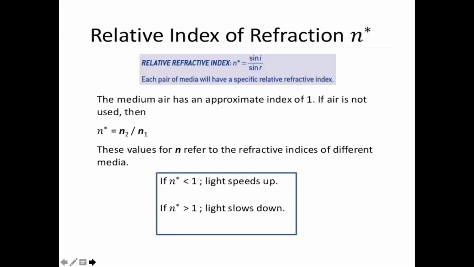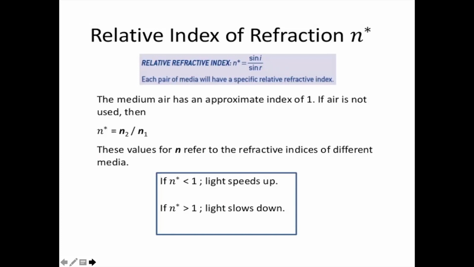What is relative refractive index? Relative refractive index is between two media, like air and water. If I want to find out the refractive index of air only, then I'll have to take the velocity of light in vacuum to the velocity of light in air. If I want to find out the refractive index of water, then I'll have to take the velocity of light in vacuum to that in water. This is called absolute refractive index. That is how we get the figure that the refractive index of water is 1.33.